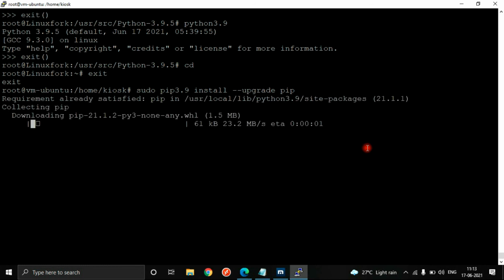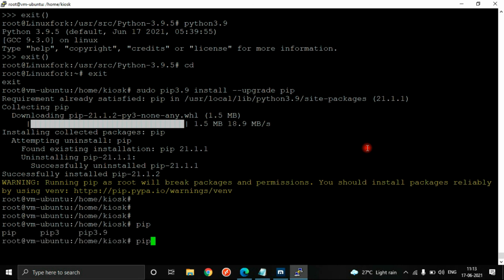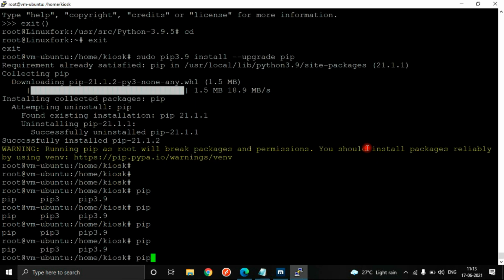It's additional, sometimes it's necessary and sometimes it's not required, but I want to give it to you here. As we can see, it's done. Python 3.9 is installed and pip is also upgraded.